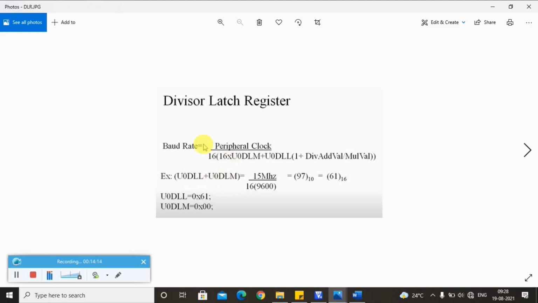This is the formula you can see for baud rate. Baud rate is equal to peripheral clock divided by 16 times (16 into U0DLM plus U0DLL) times (1 plus DivAddVal divided by MulVal). For the time being, if I assume DivAddVal and MulVal as 0, and the peripheral clock is 15 megahertz and the baud rate is 9600, then one can easily find the values for U0DLM and U0DLL.